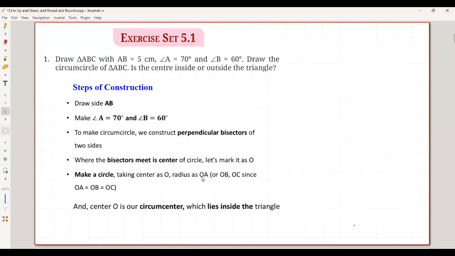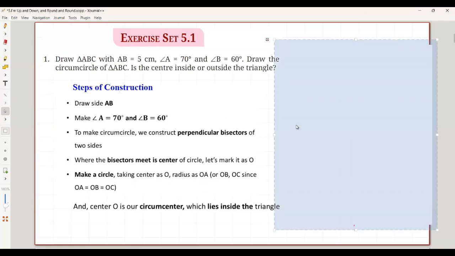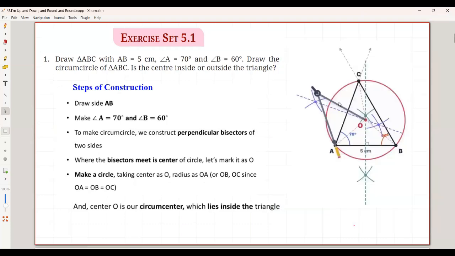So your figure will be like this. Now they are asking whether the center is lying inside the triangle or outside the triangle. Here the center is inside the